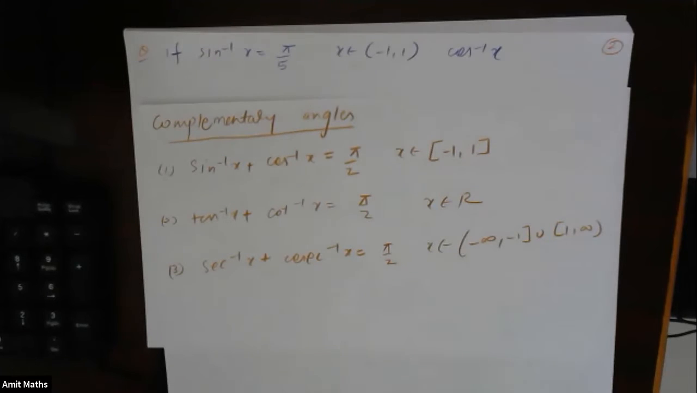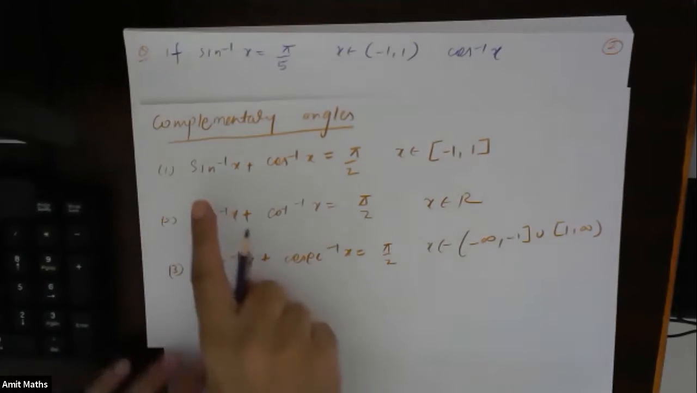Yes, Soumya, that is correct. 3 pi by 10 is the correct answer. Yes, 3 pi by 10. But okay, sure. Yes. So using the first property,